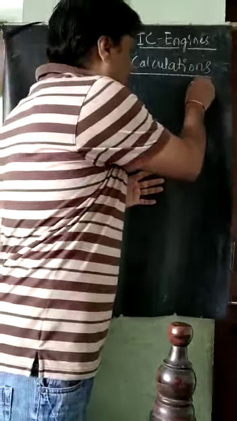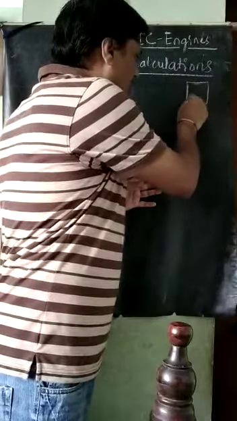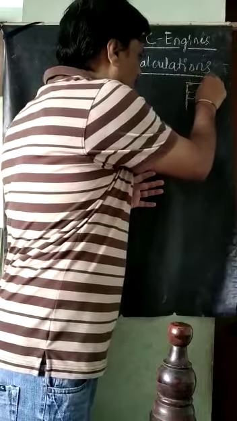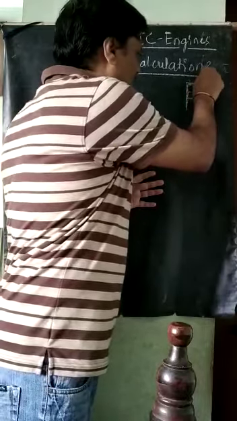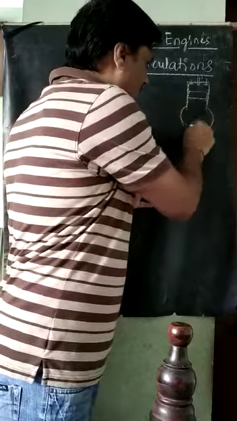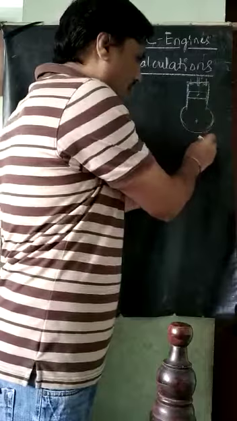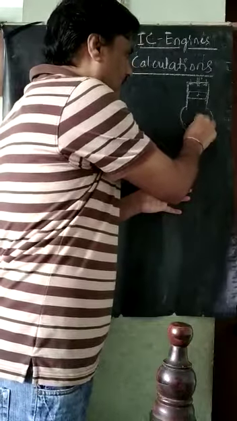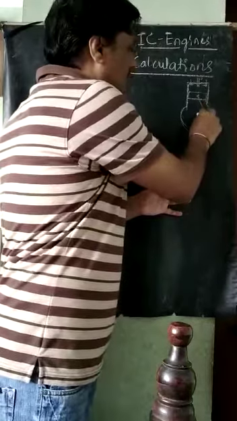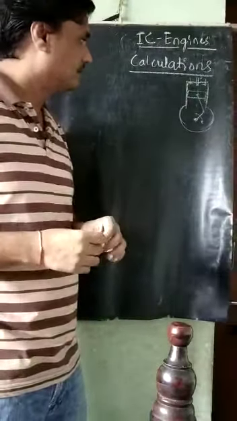Before studying this, as we know, this is the cylinder here, and in this there will be the piston. So the inlet valve is there, the exhaust valve is there, and in case of a petrol engine, a spark plug is also there. And the crankcase, in case of the two-stroke, it will be here. And there will be the crankshaft here, and here is a connecting rod, and it is a crank here. It is rotating. So this is the line sketch of the IC engine.